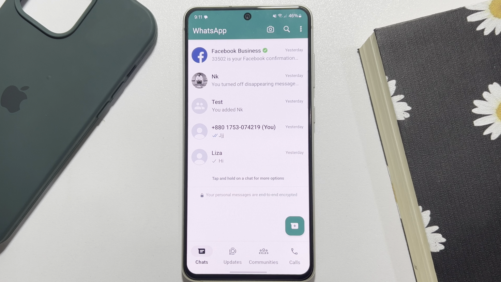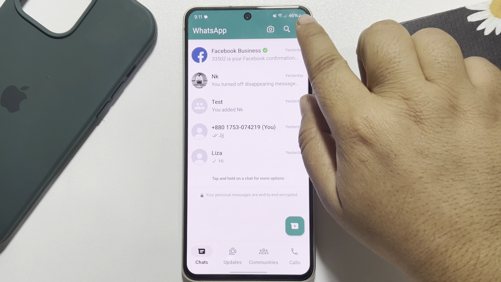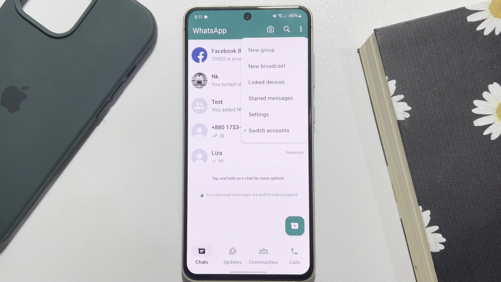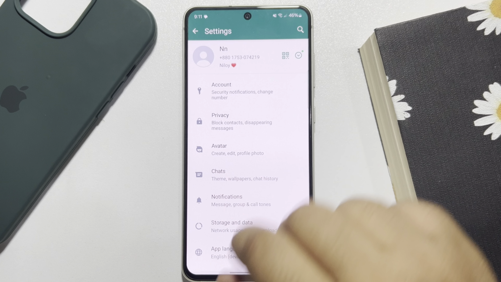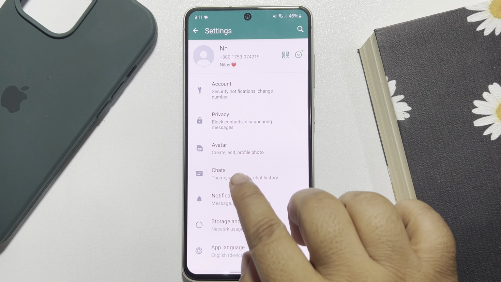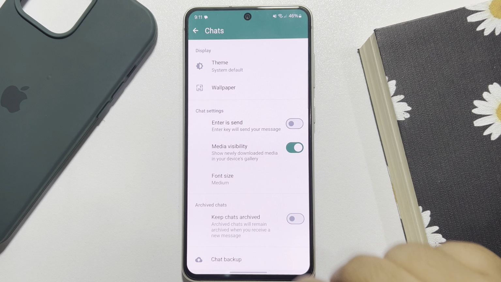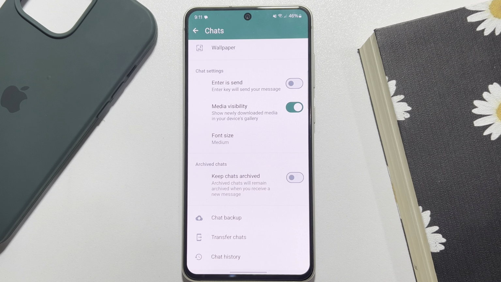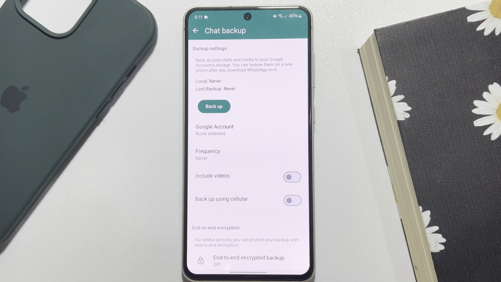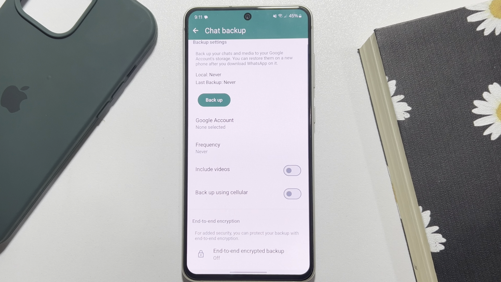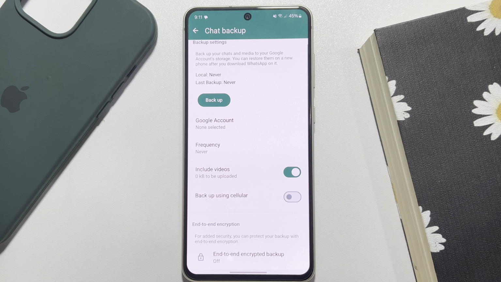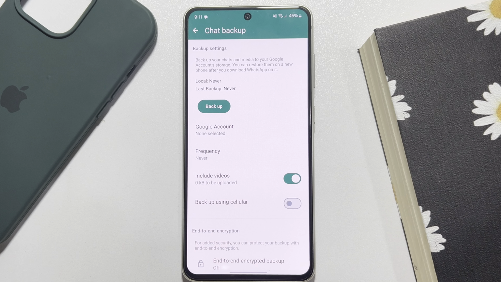In the first method, go to your WhatsApp and tap on the three dots at the top right, and tap on settings. Here, tap on chats, and here you'll find chat backup. Just click on that. And now, if you want to back up your WhatsApp chats including videos, you can enable this option. And now all you need to do is click on backup to start backing up your WhatsApp chats, and tap on